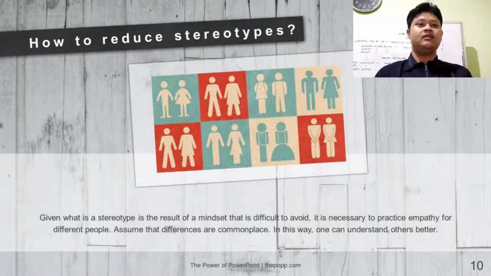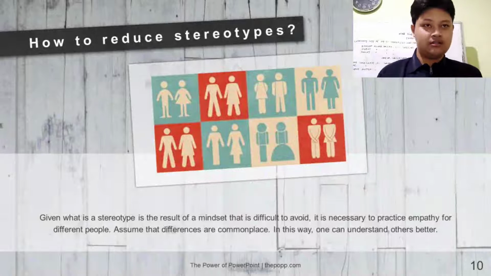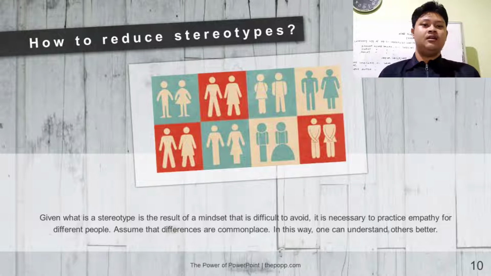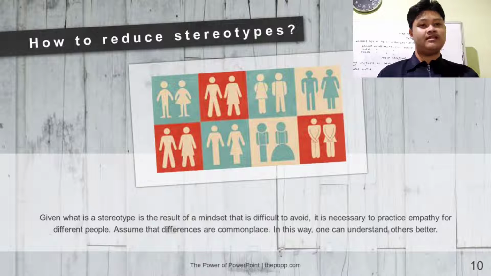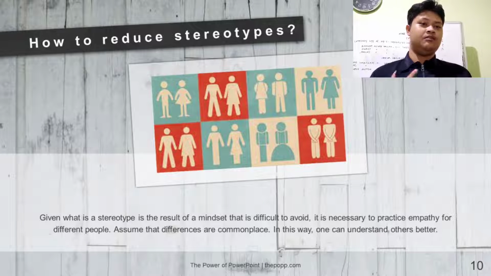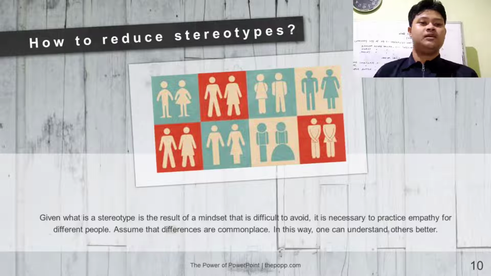Next slide. How to reduce stereotypes. Given that stereotype is the result of a mindset that is difficult to avoid, it is necessary to practice empathy toward different people. Assume that differences are commonplace. In this way, one can understand others better. In addition, some techniques that can be used to reduce stereotypes are